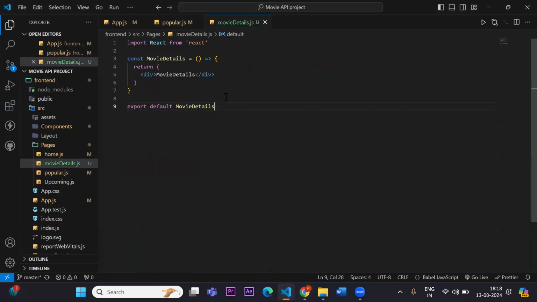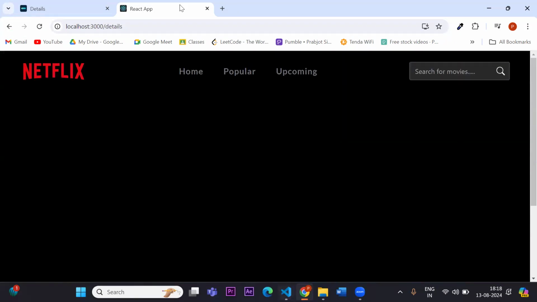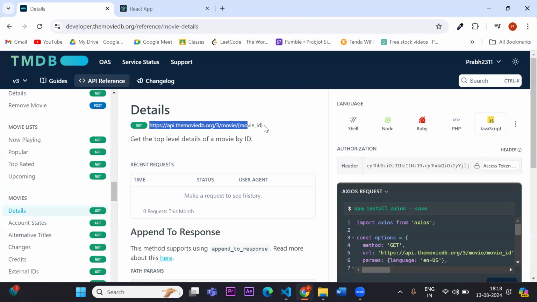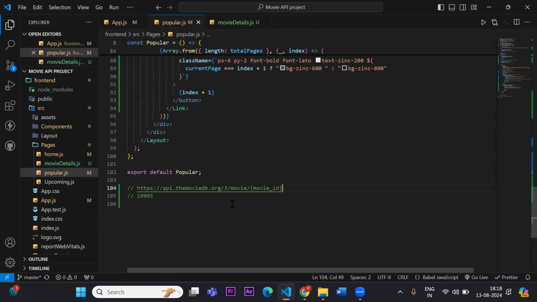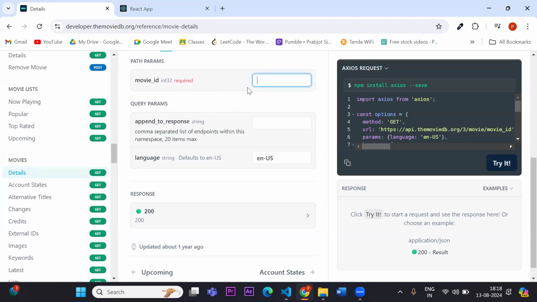Now in our details page, let's call our layout that we made already. Yeah, this is our details page layout. So if I go to my API, you can see this is how we have to run the API. I have already copied it and commented it out. This is a sample ID of a movie. So this requires a movie ID. Here we can see what we get for the movie ID. If I go to this and try it,